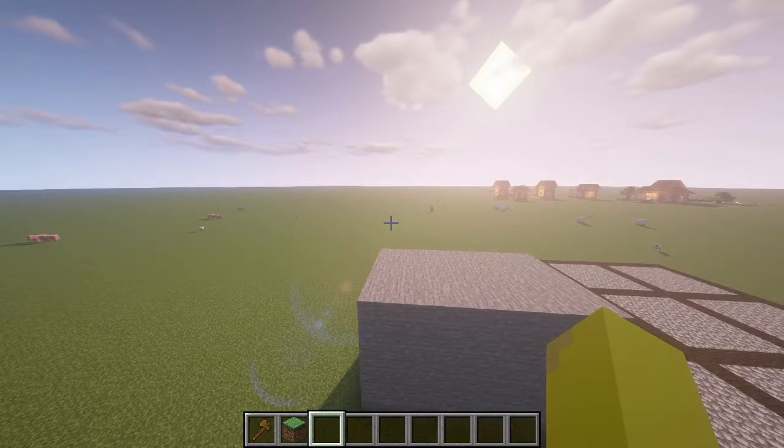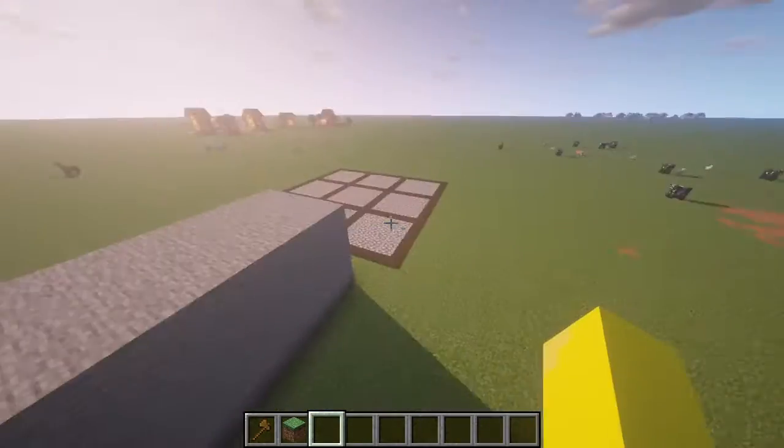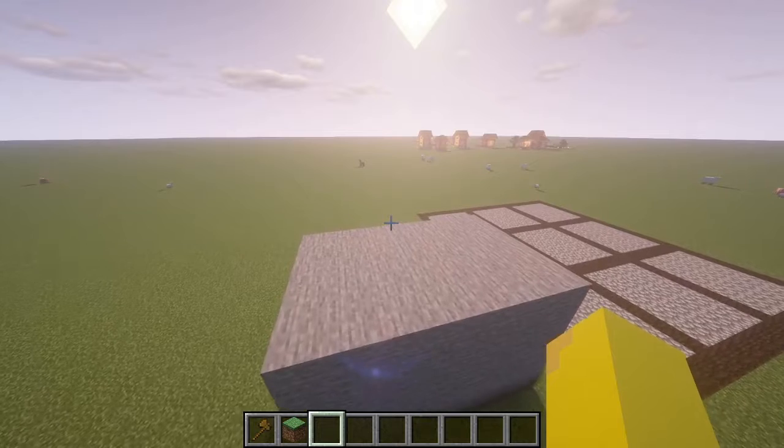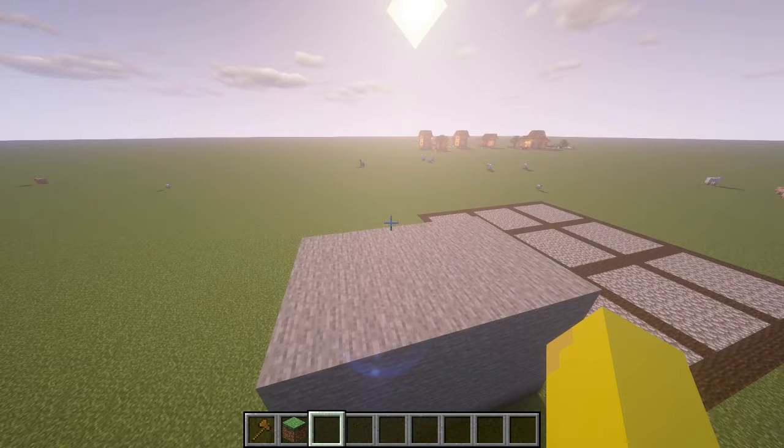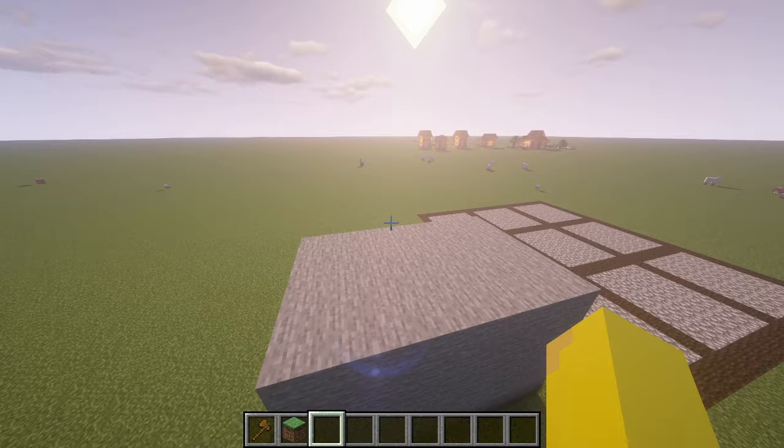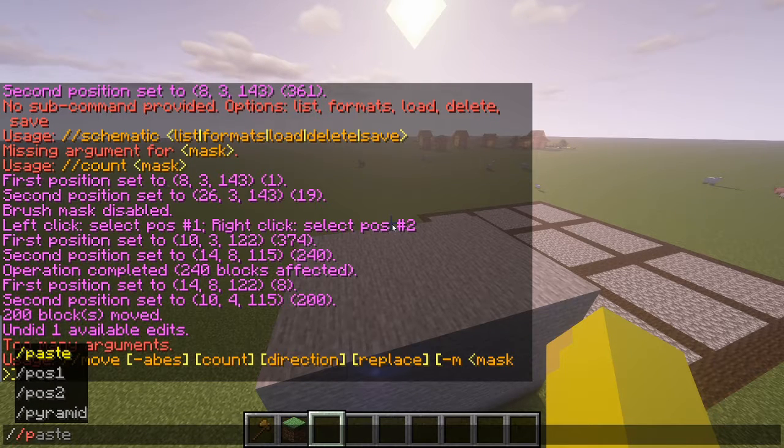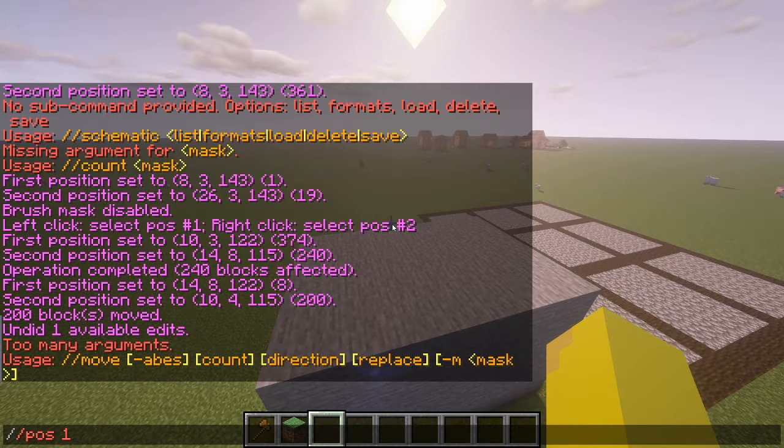In 1.8 it's a little bit hard. I would start off and practice building on 1.14 before you go and work on a building server, and make sure that you know what you're doing. Or at least if you are going to work on a 1.8 server, have a second PC set up running 1.14 just to see, like, oh, why isn't pos1 and pos2 working? I remember one time I was working on a 1.8 server